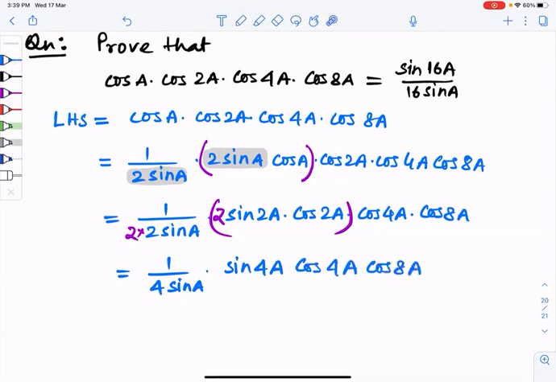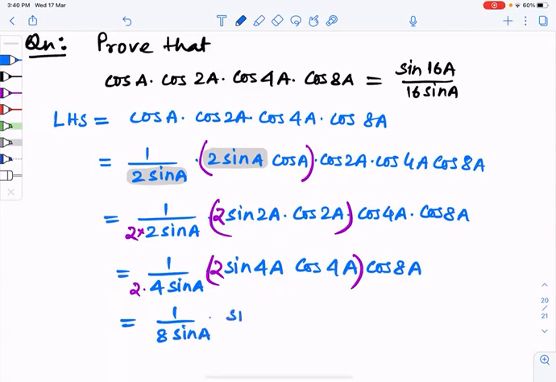Now these two angles are the same. Again, let us use the same formula, but I require 2 here. So I will take an extra 2 here and here, combine them and apply the formula. So it is 1 by 8 sine A